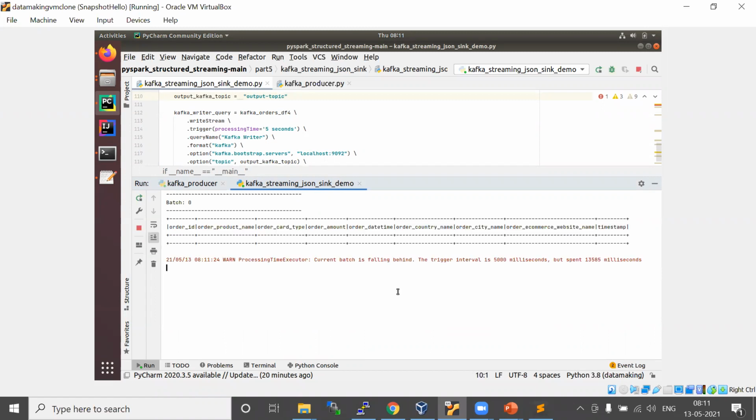So in the first batch, I don't see any data. The 0th batch, I don't see any data. Let's wait for 5 more seconds.